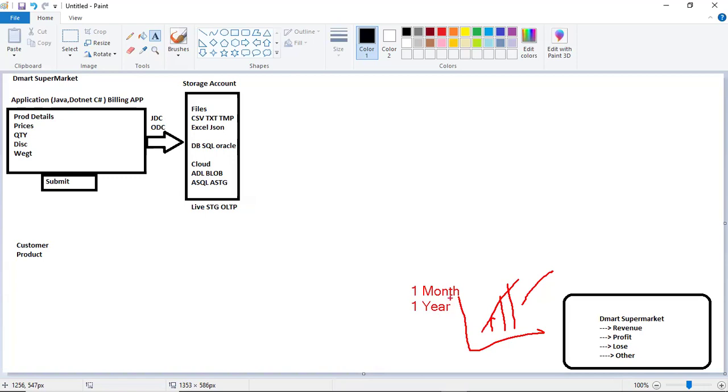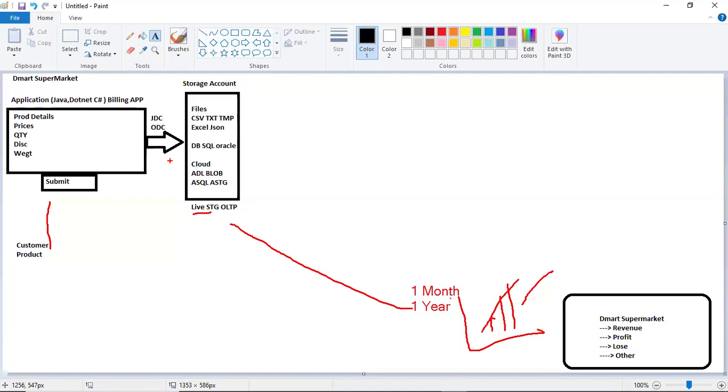In live storage, we cannot maintain 1 year of data. Maximum 1 day, 1 week, 10 days, 15 days, not more than that, because every day you get millions of records. When you store a huge volume of data, like 1 year, there will be a problem.